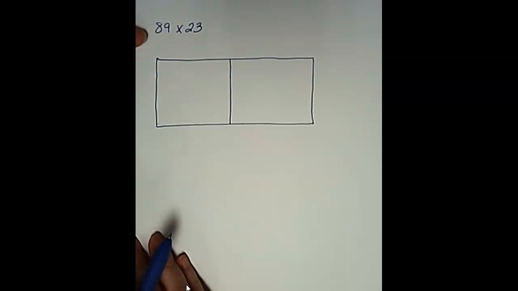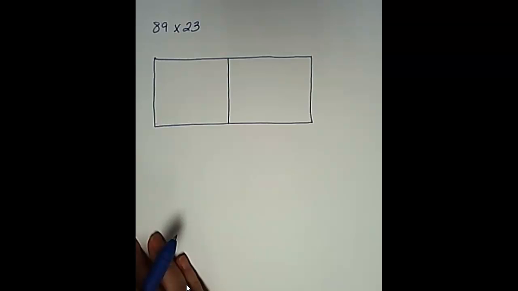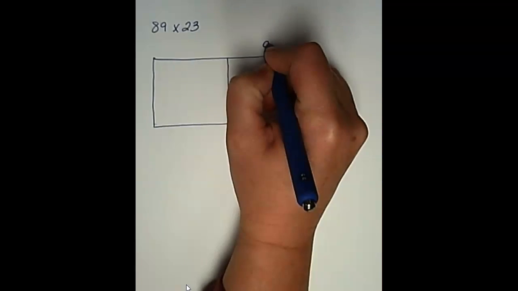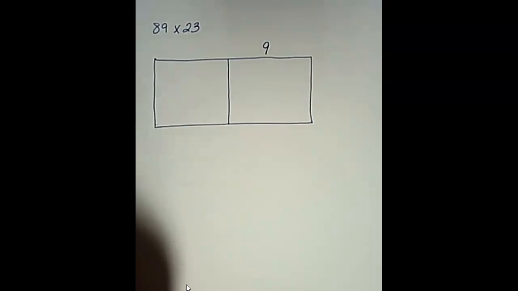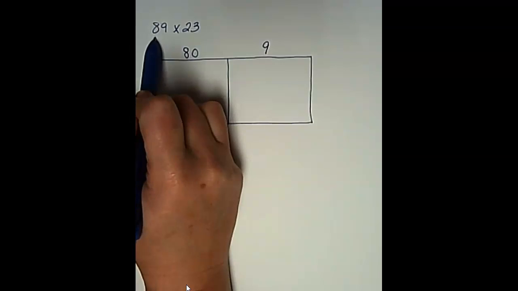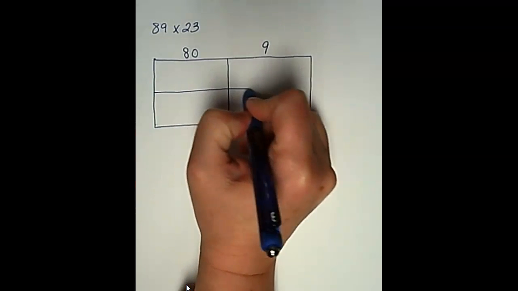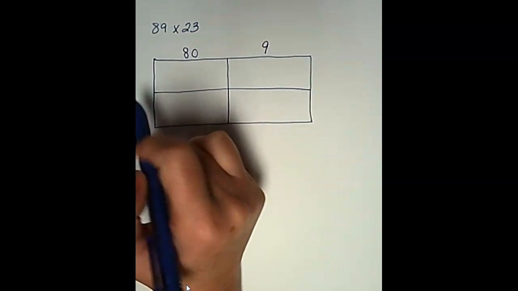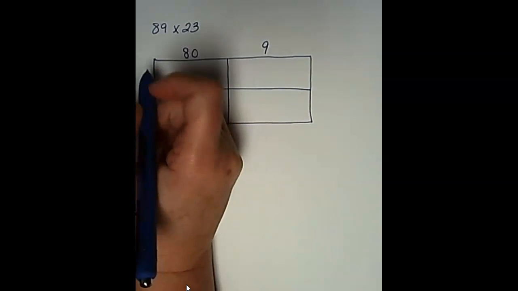So I'm breaking this down into the different place values, and generally when we are solving using a standard algorithm or in the traditional way, we use the largest number up on the top, and so that's what I'm going to be doing here. So I have my 9 in my ones place and then 80 in the other place, because 80 plus 9 would make 89. Then I'm going to have two spaces because I have two digits here going down as well. So I have 3